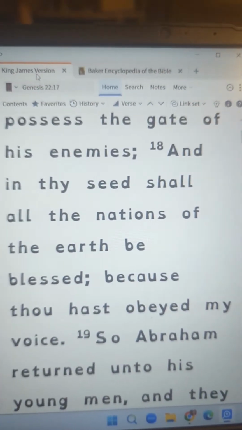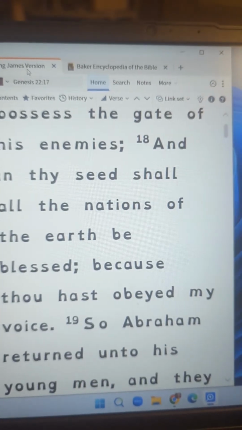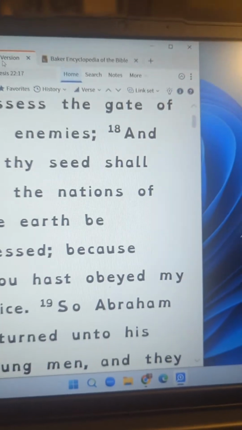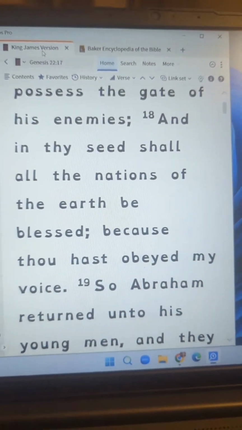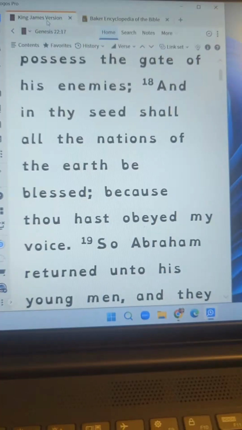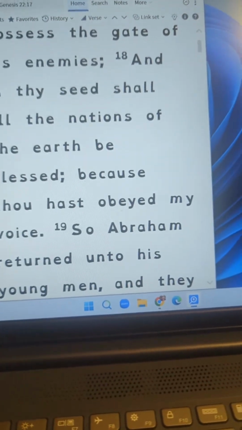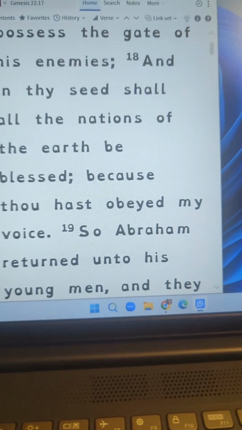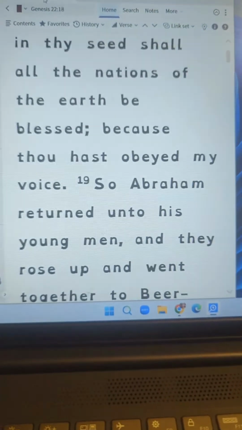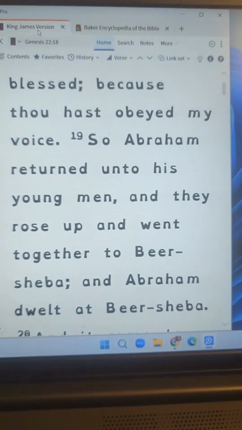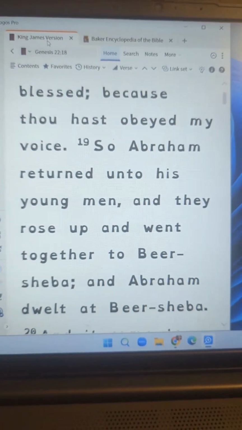And in thy seed shall all the nations of the earth be blessed, because thou hast obeyed my voice. Obeying God's voice is very important. So Abram returned unto his young men, and they rose up and went together to Beersheba, and Abraham dwelt